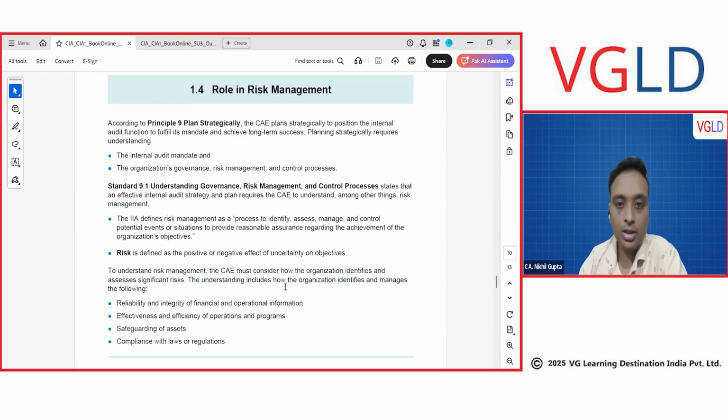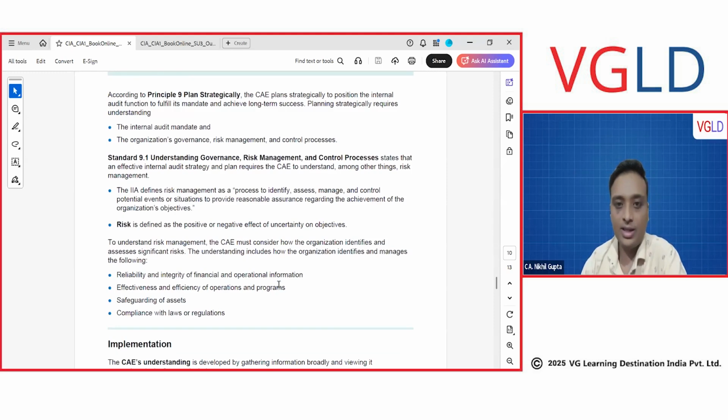processes as well. Now, understanding governance, risk management, and control processes states that an effective internal audit strategy and plan requires the CAE to understand, among other things, risk management. The IIA defines risk management as a process to identify what? Identify threats, identify gaps, assess, manage, and control potential events or situations to provide reasonable assurance regarding the achievement of